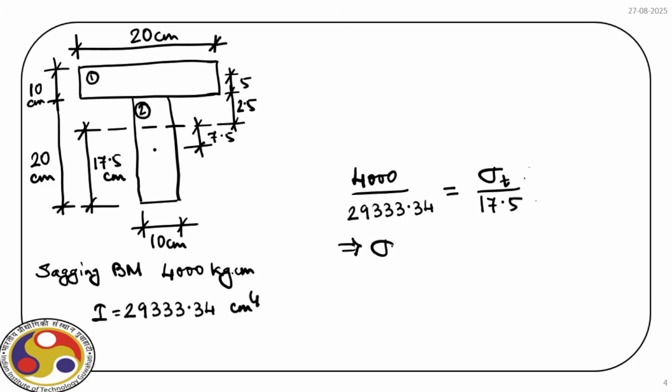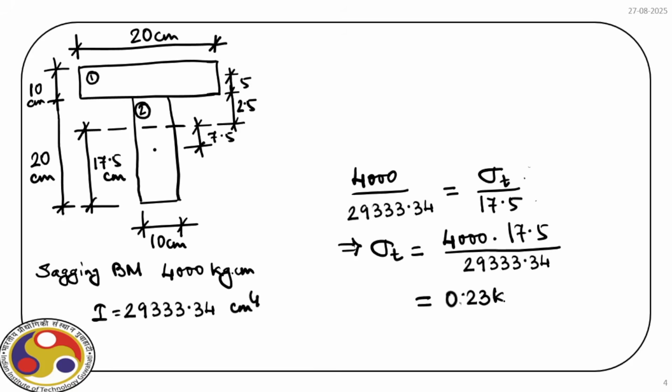Then what we get, sigma T is equal to 4000 times 17.5 divided by I, and this value is kg per centimeter square. So if we plot this, at the bottom we have 3.6,